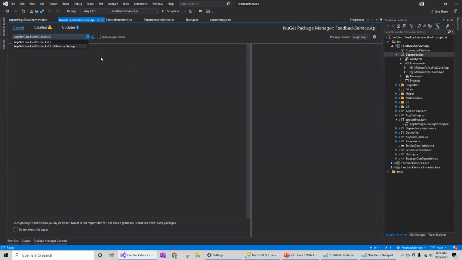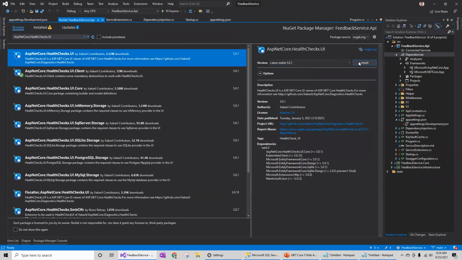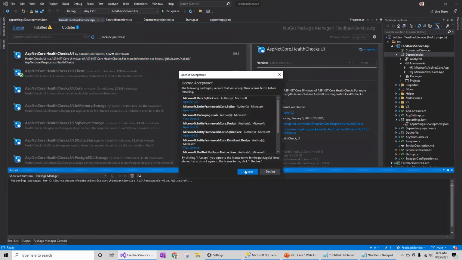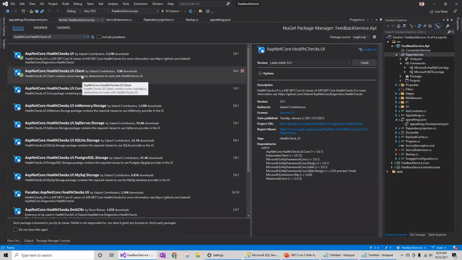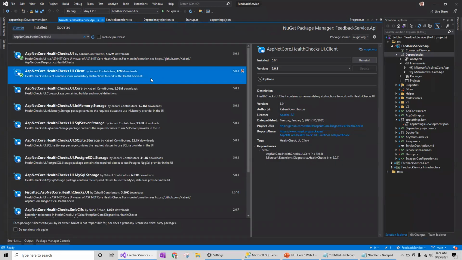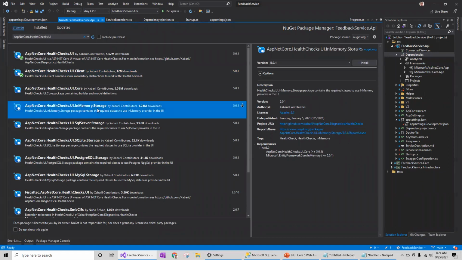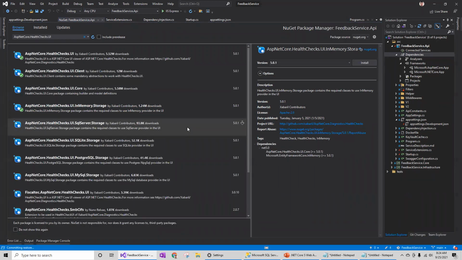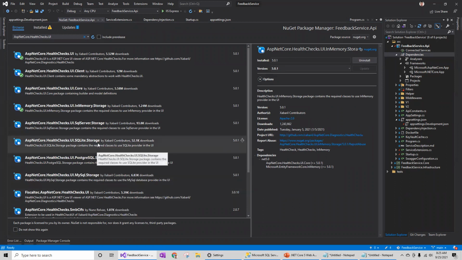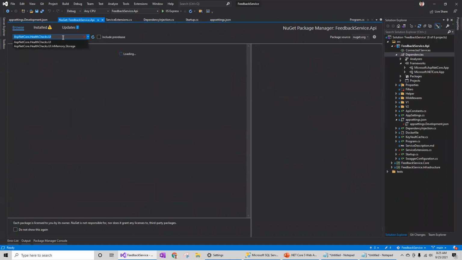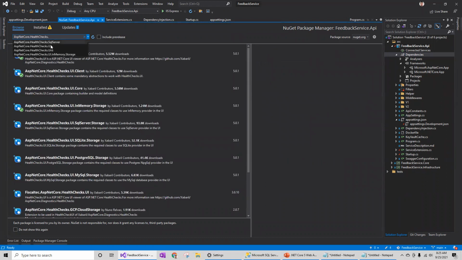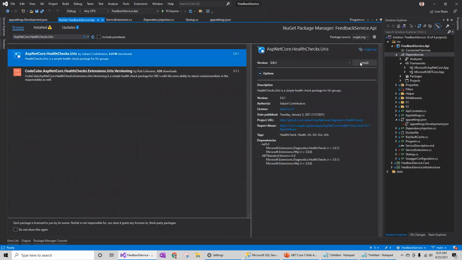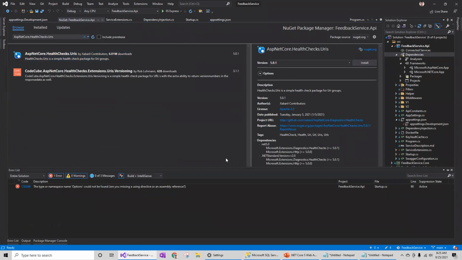So I need UI. And I also need the UI client, which is already installed. I'm also going to use this UI in-memory storage for showing all the history. And let me also add the URI related one, so that I don't need to come back here for adding these.